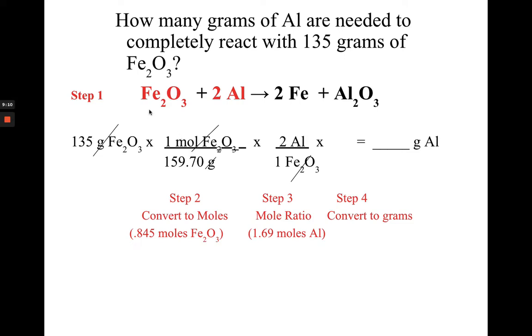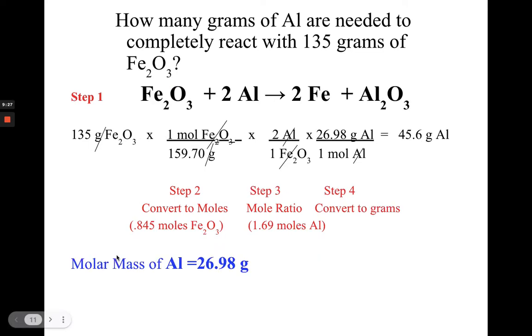Think about that in the equation. So instead of being 1:2, it's 0.845 to 1.69, where they would completely react. But again, we have to go back to the problem and see it says how many grams of aluminum are needed. So we know moles of aluminum. We now have to convert to grams of aluminum. At that point, we're going to look up the molar mass of aluminum on the periodic table, which is 26.98, and we'll multiply by 26.98 those 1.69 moles of aluminum, which we do, and we get 45.6 grams